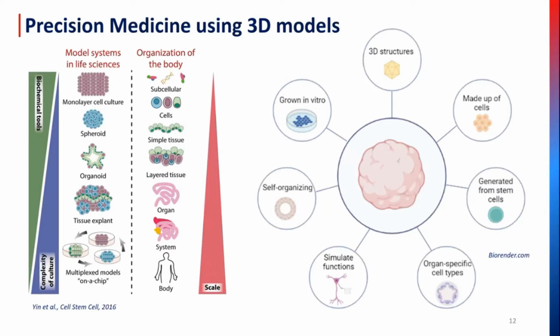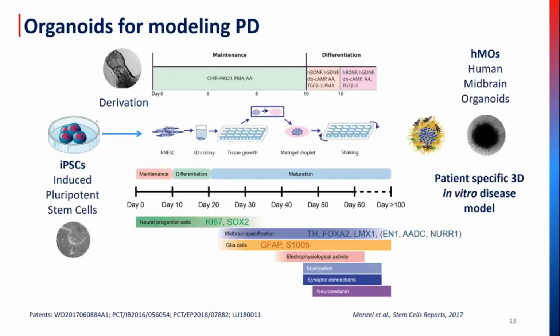And with the years, different kinds of organoids have been developed for different organs of the human body, for example, the brain, the lung, the intestine. And within the brain organoids, there are also a lot of efforts to develop region-specific organoids to study not the brain as a whole, but really specific regions affected by the disease. And in this regard, we actually focus on midbrain organoids, which are the organoids that model the region I was telling you about, the substantia nigra of the midbrain, which is the one affected in the case of